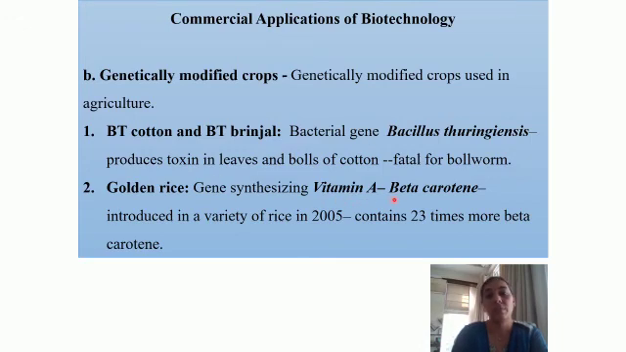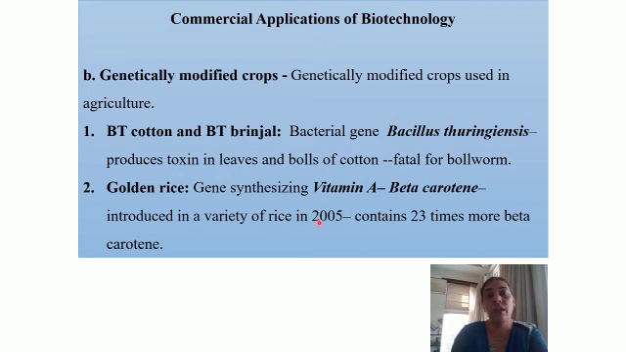So beta carotene is a pigment that we obtain from colorful vegetables and fruits, particularly from carrots. So it's a reddish orange colored pigment that is present in colored food items, particularly carrots and various other colorful vegetables. Now this beta carotene will be a precursor, or we can say a starting material that is required for the formation of vitamin A in the body. So, gene synthesizing vitamin A or beta carotene has been introduced into the rice, and since 2005 this practice is being carried out,